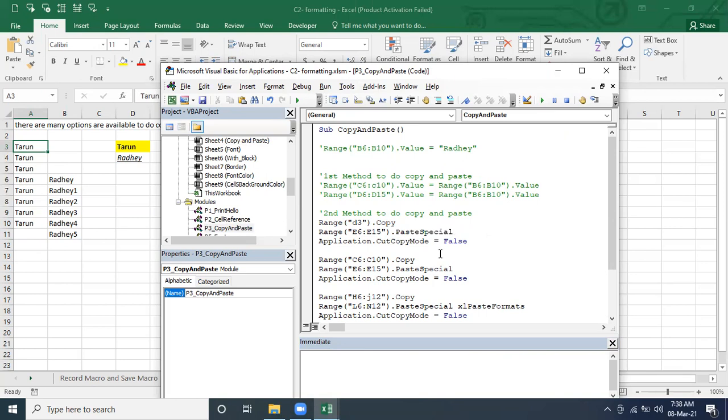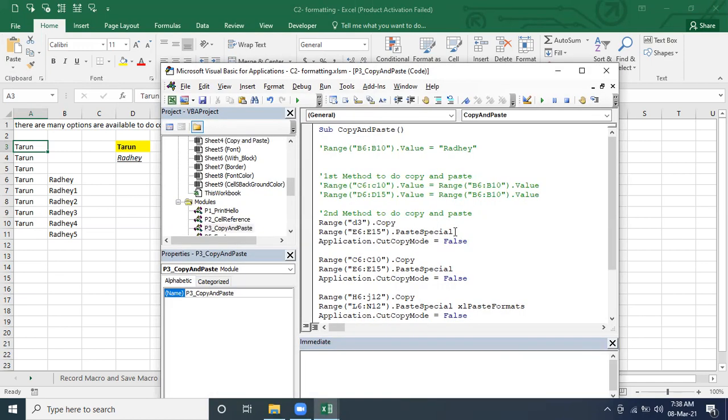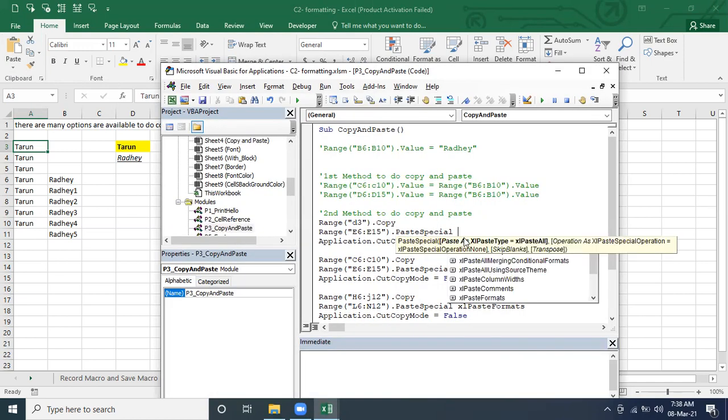When I was taking the class for Excel, here it's a default paste and here it's a paste special. We have to click on it, then it will display all the options. If you are not interested in the other options in this list, or not happy with them, then we can use paste special directly. And if you want to use any one of these, the options are displayed here. We will talk more about it, but not as of now.